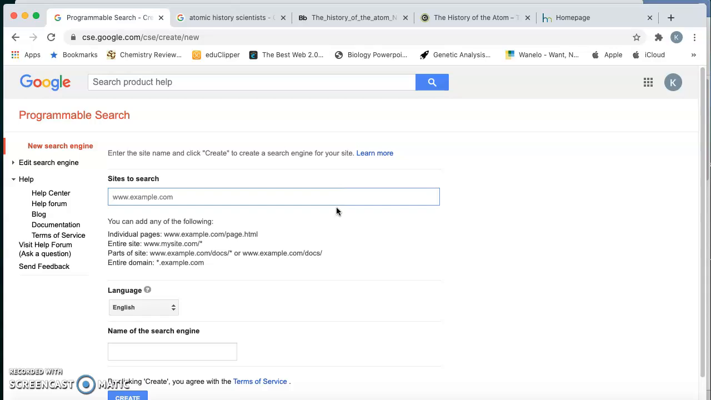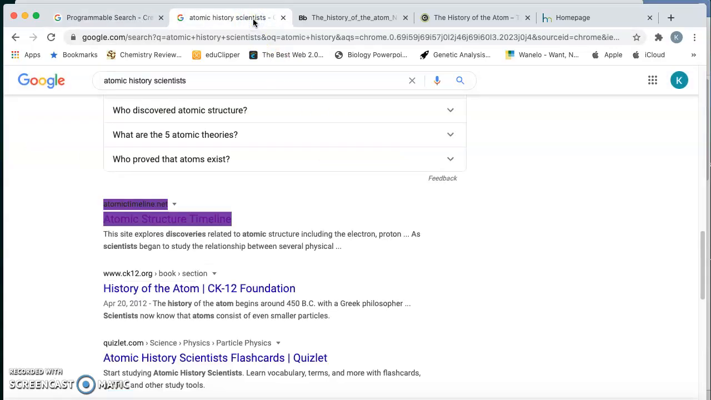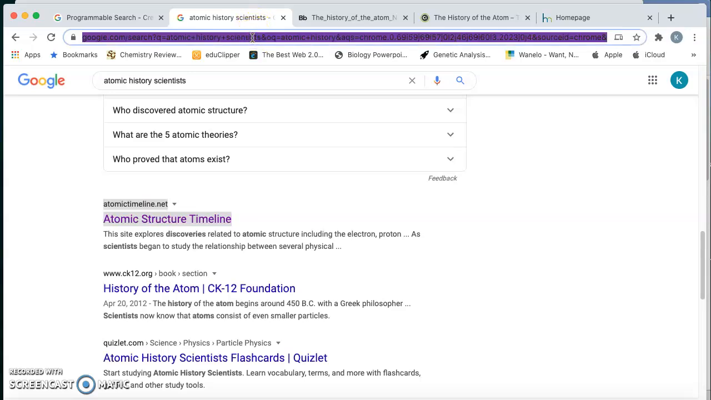If I were to create a custom search for this web quest, I would want to start by finding quality websites to include. Depending on what you're using your custom search for, you may already have a list of websites to use, or you may have to look some up for this. I found several prior to doing this video that include several scientists involved in the atom's history to use for this particular custom search. So from here, all I have to do is go to a website that I want included in the custom search, copy the website address,